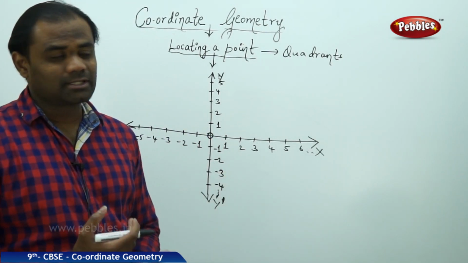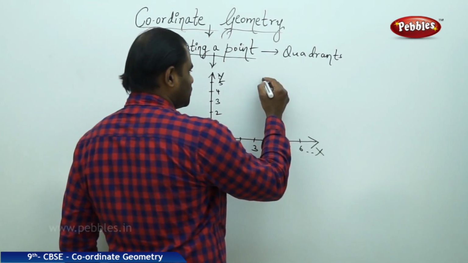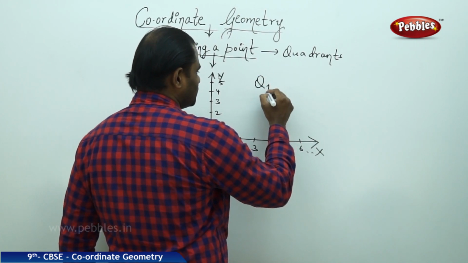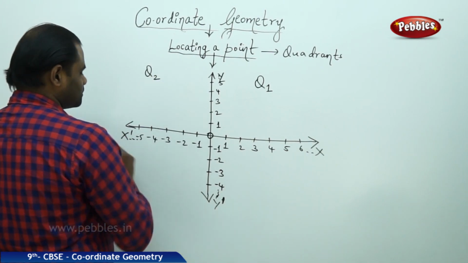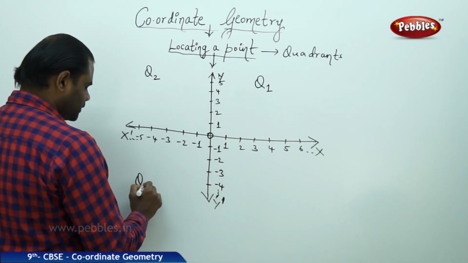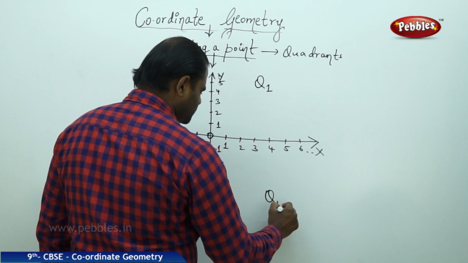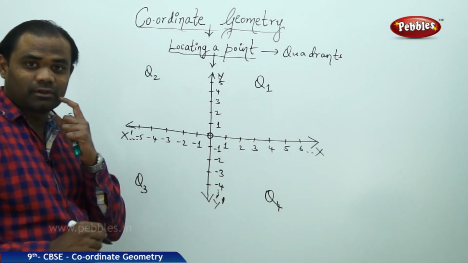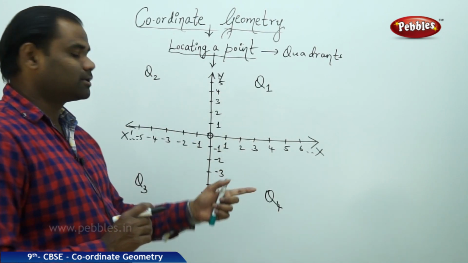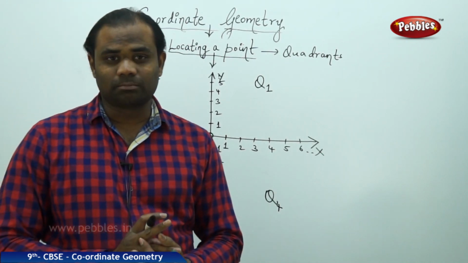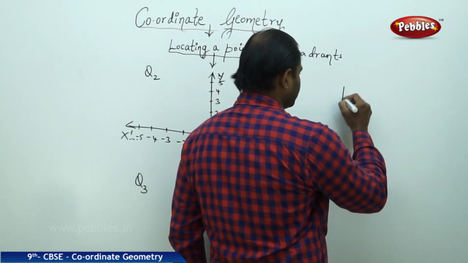previous session. Now let's see how we can locate a point in the respective quadrants. As we have discussed, the first quadrant denoted by Q1 lies in this region, the second quadrant denoted by Q2 lies in this region, the third quadrant denoted by Q3 lies in this region, and the fourth quadrant denoted by Q4 lies in this region. So for each of the quadrants Q1, Q2, Q3 and Q4, let's see how we can locate a point in its respective quadrant. So for example, I have the point generally denoted by